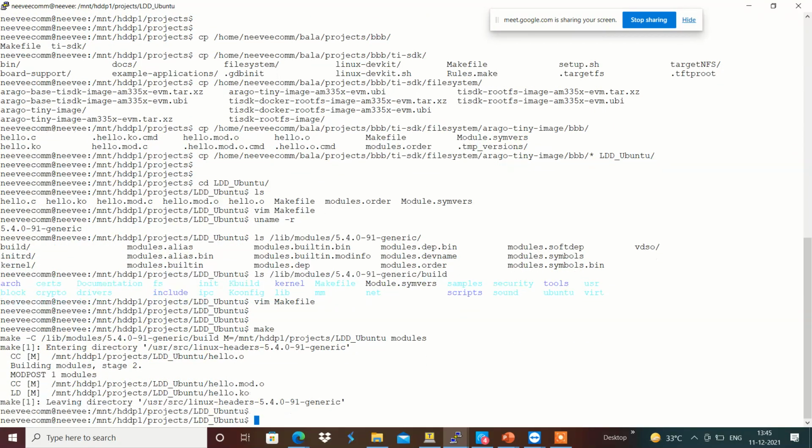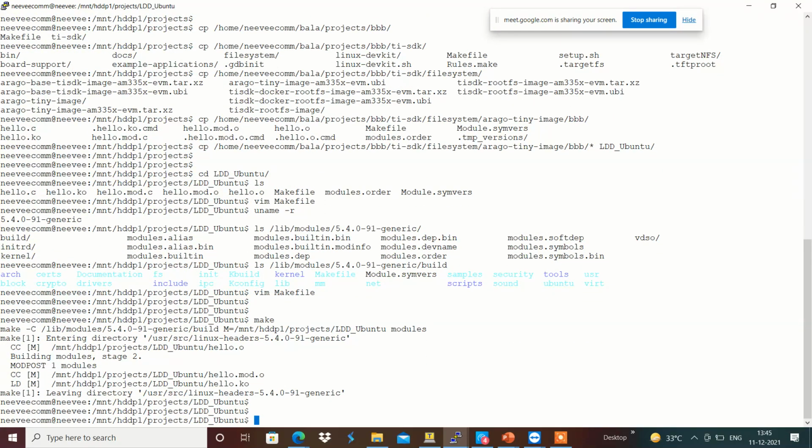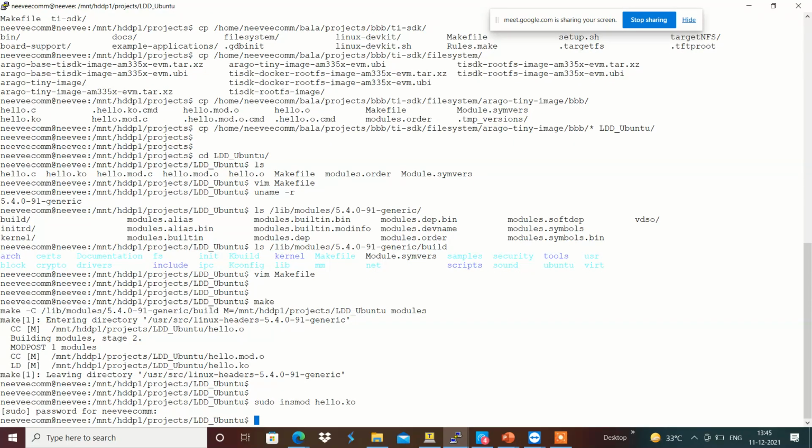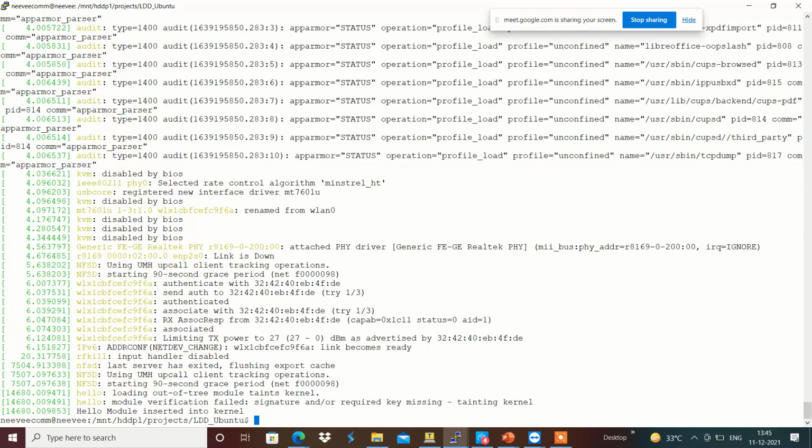I'm going to do make. Yeah, hello.ko has been created, and I'm going to use sudo insmod hello.ko over here, and we get the hello module inserted into the kernel.